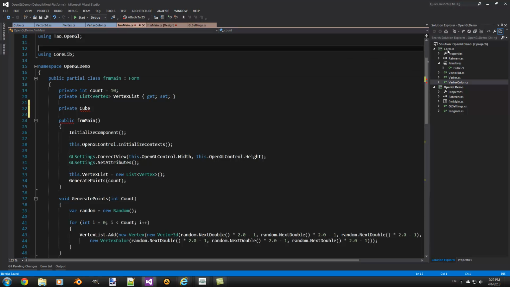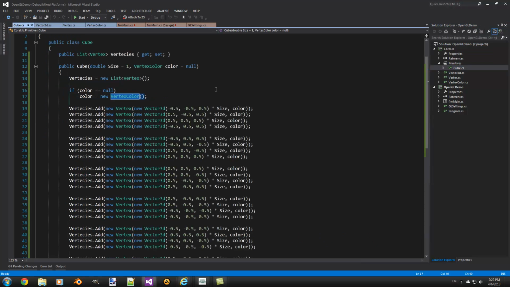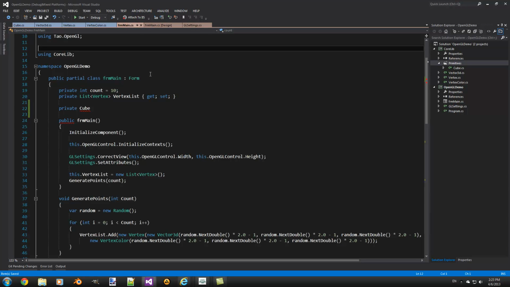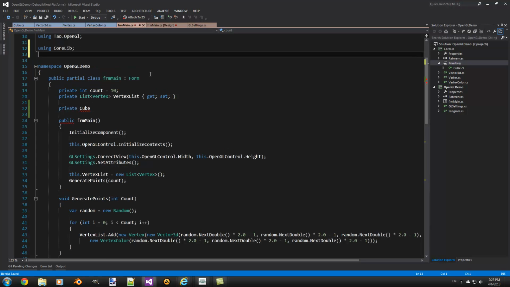So as you can see here, I have a core lib, and I have a folder primitives where I put all the primitives namespace classes. This folder doesn't say it is a namespace. It's an organizational method for organizing your sub namespaces, if you will. If you create a folder and add a class inside that folder, the IDE, Visual Studio, will immediately treat it as a sub namespace, and it will take the folder name and stick it on with a dot. So I will put here using corelib.primitives,